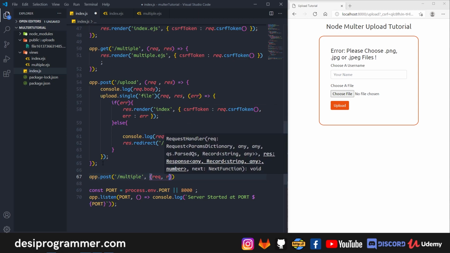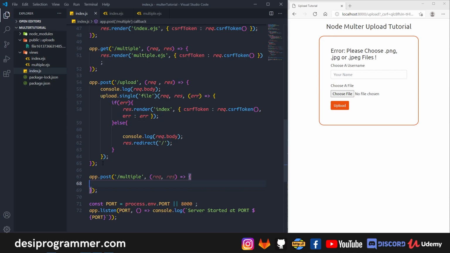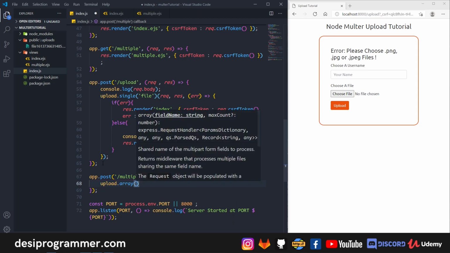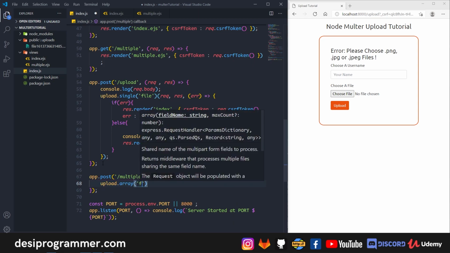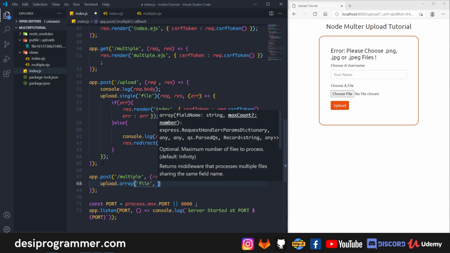So we take request, we take response, and here, since we have to handle multiple file upload, I'm saying upload.array, not single, and here we have to put our file name. So this will be file, this is the name that we have put there, and then you have to put a maximum count. Okay, so at max how many images you want to upload, right? So I just want to upload 5 images at once. So people can upload